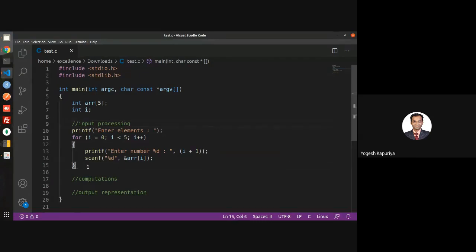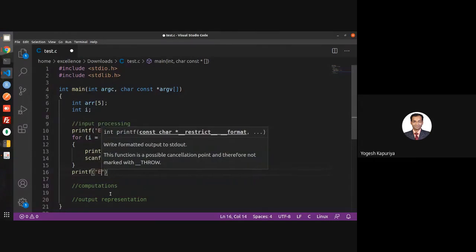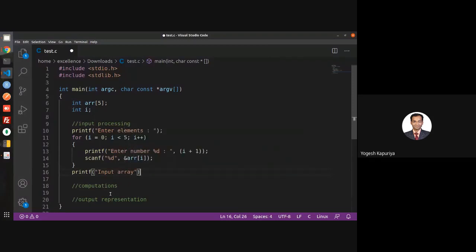Right? So my input is taken, and you should always verify it, just for making sure that it's what you have.